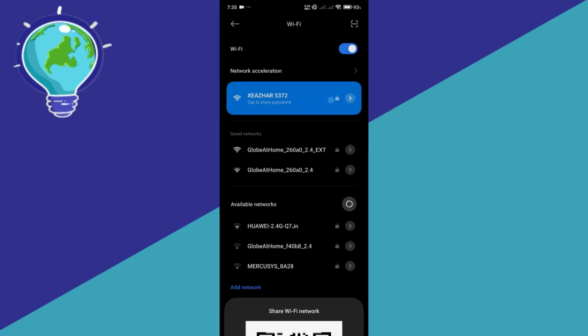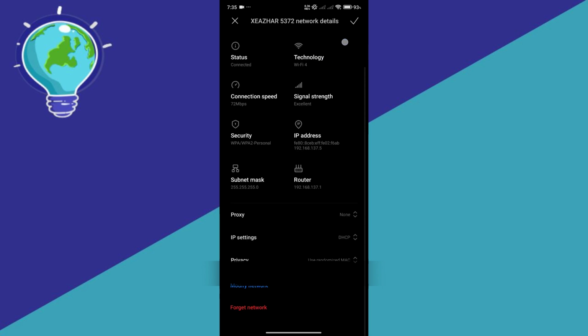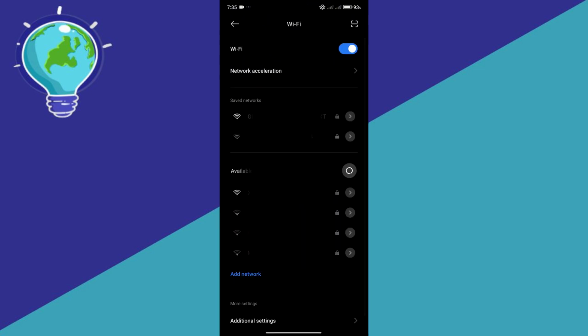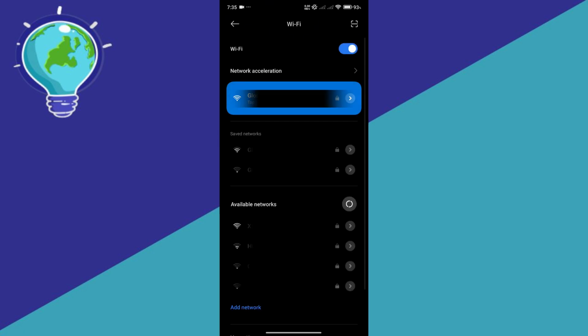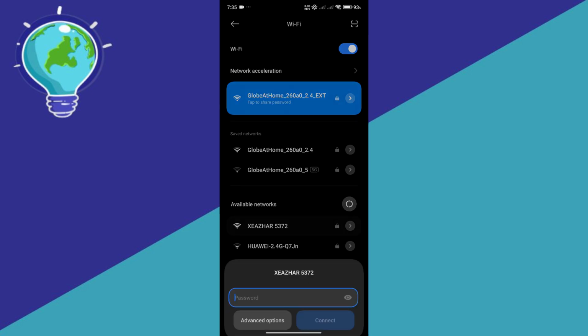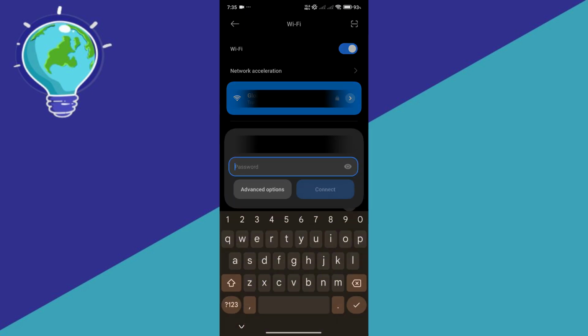So one of the methods that you could do is you could select one of the Wi-Fi networks that you're having a hard time connecting to, for example this one, and you're going to simply go over here and click on forget network. Forgetting the network will allow you to, as you can see here, forget that Wi-Fi entirely. And what I want you guys to try and do is to reconnect to that Wi-Fi again. For example, you're going to enter the password once again. By doing this, you are able to allow your phone to forget that Wi-Fi or any connection to that Wi-Fi.